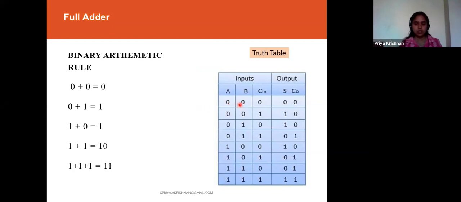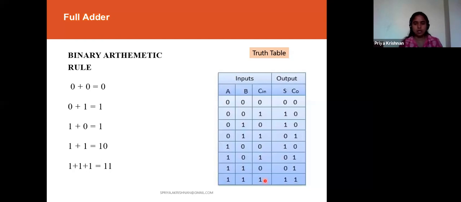So 0, 0, 0, and then 0, 0, 1, 0, 1, 0, 0, 1, 1, and 1, 0, 0, 1, 0, 1. Then this is 6, and this is 7. Totally start from 0 to all ones. I have 8 different combinations, 8 different choices I can give my input.